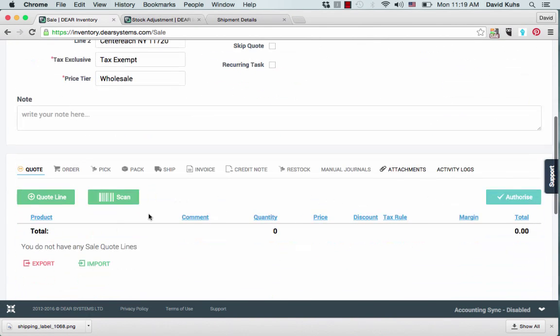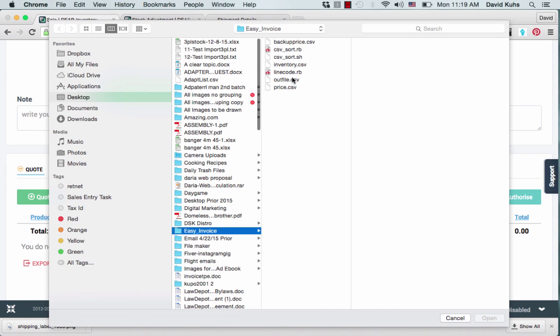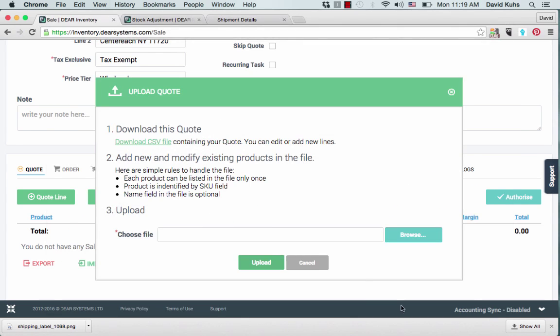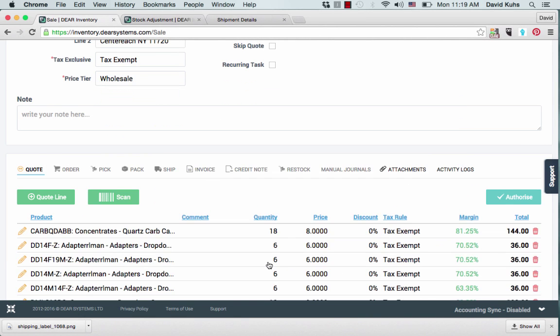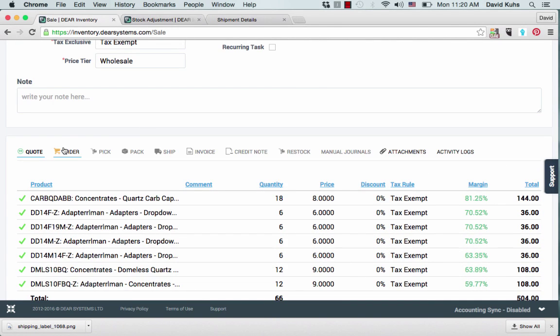Next, we'll navigate to Dear Systems to import this file for the order. We'll go ahead and click Browse. We'll navigate to where the file is, click Open, and then we'll click Upload. Once you see that the order has been imported properly, go ahead and click Authorize,